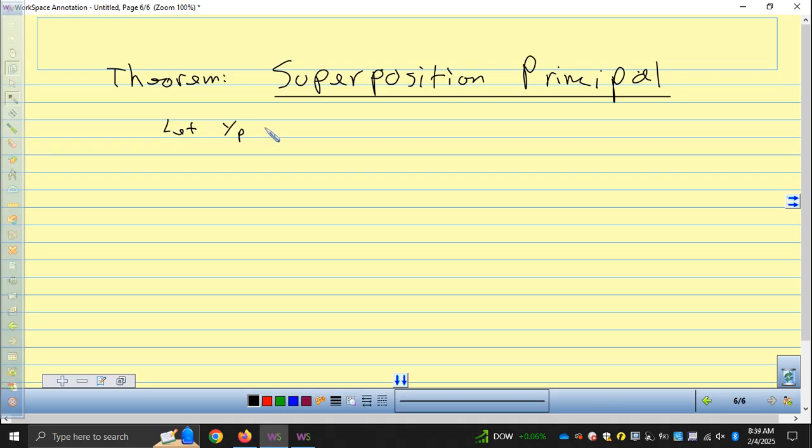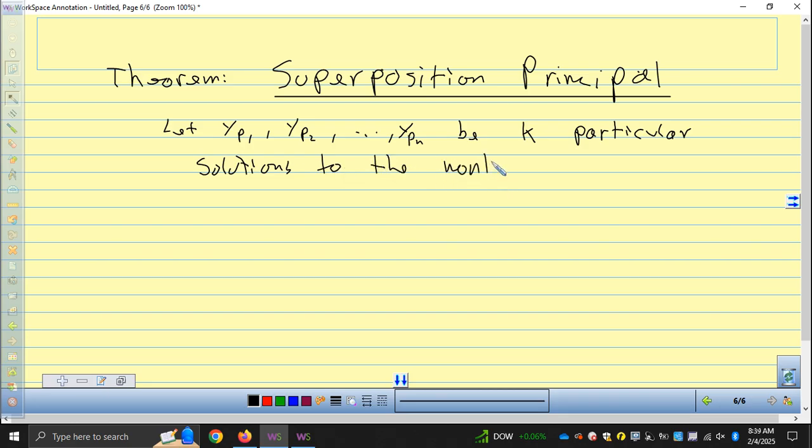So let y sub p 1, y sub p 2, up to y sub p n, those are k particular solutions to the non-homogeneous differential equation. So this is an nth order linear non-homogeneous differential equation on an interval,